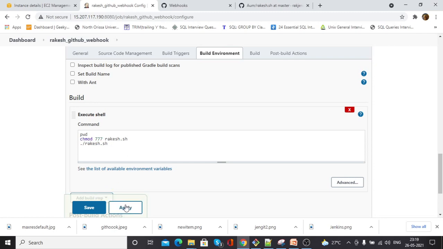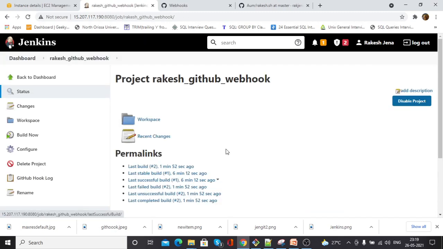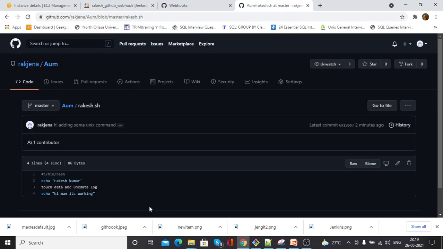Yes, let's save it once and do some changes in the code.